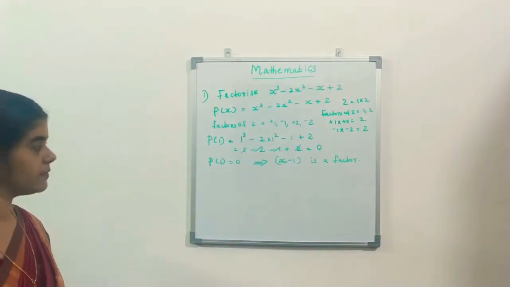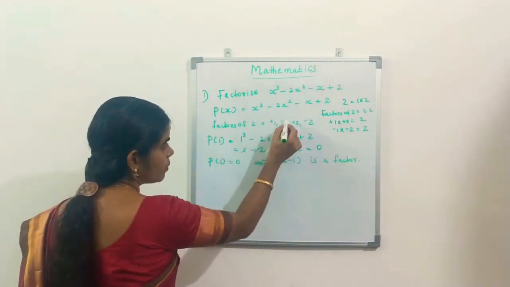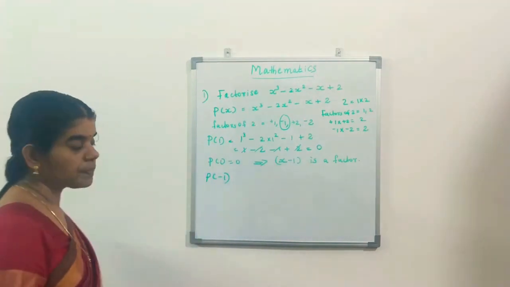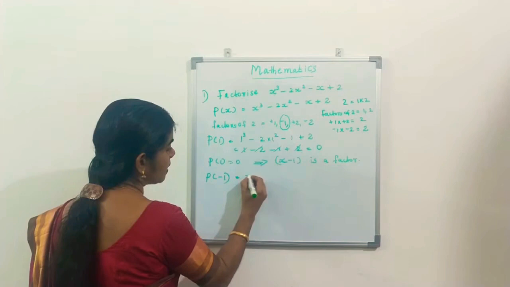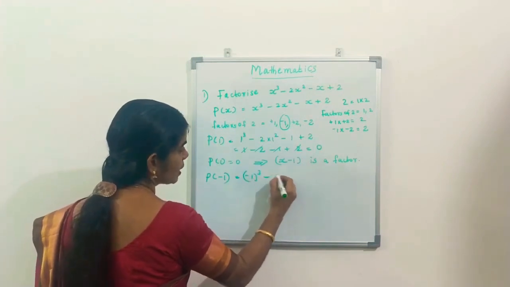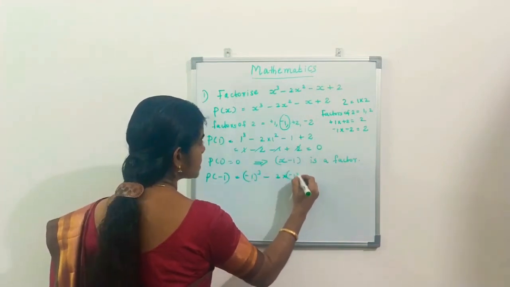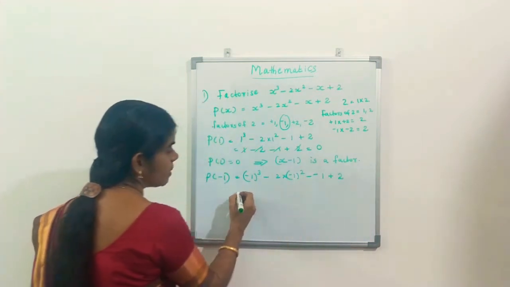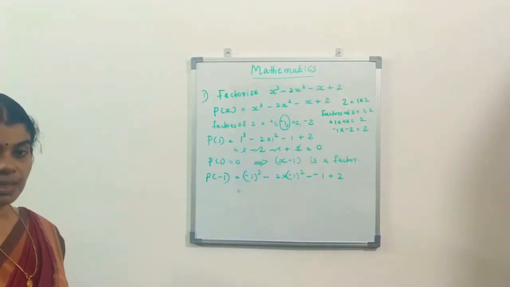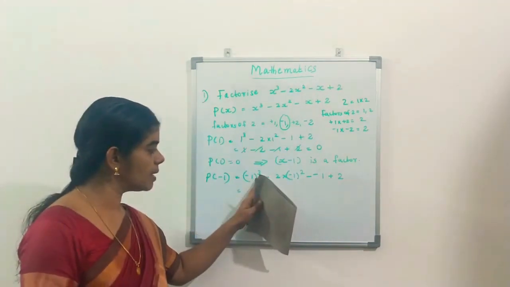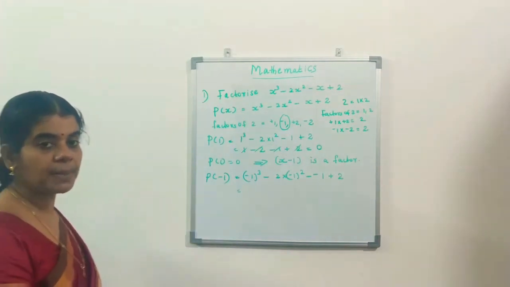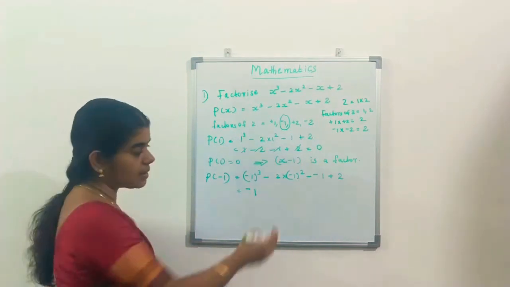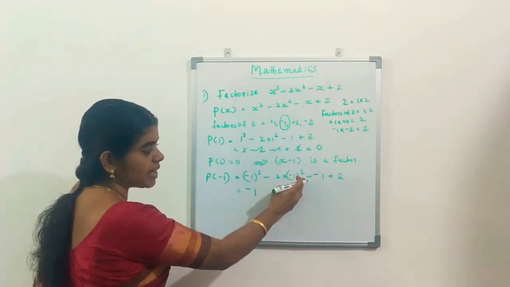Now you got one factor. Next number is minus 1. You can find the value of p of minus 1. In the place of x you give minus 1. Minus 1 whole cube minus 2 into minus 1 whole square minus minus 1 plus 2. Minus 1 whole cube: the power is an odd number, therefore the number will be negative, minus 1. Minus 1 whole square: the power is an even number, therefore